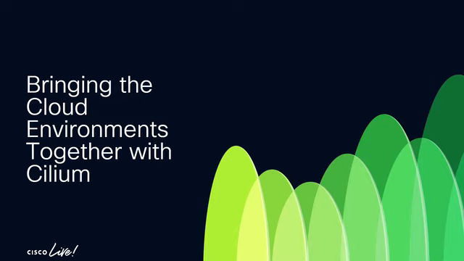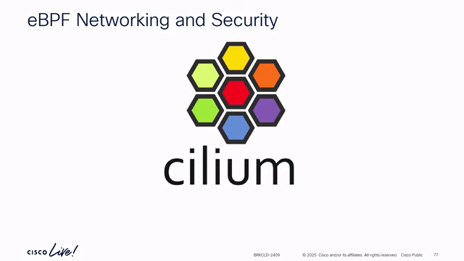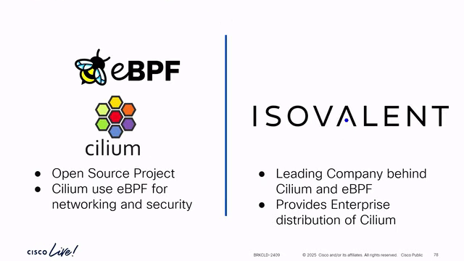So we're going to go back into the demo in a moment, and we're going to bring our cloud environments together with Cilium. Cilium is the de facto SDN for Kubernetes. So this is basically the networking and security tool for the cloud-native world. What we can do here is basically build a cloud-agnostic networking and security layer across Kubernetes environments, and we can bridge these together. And also, you've probably seen things like Hypershield and other tooling. We can also expand into virtual machine estates and potentially network switches, and anything running Linux in the future could be running this.